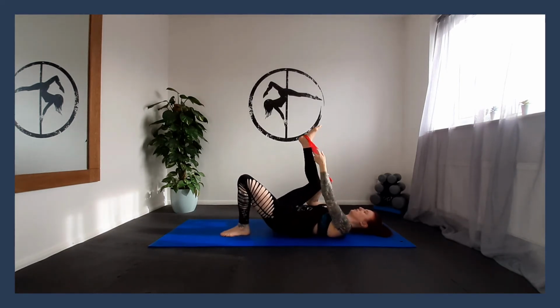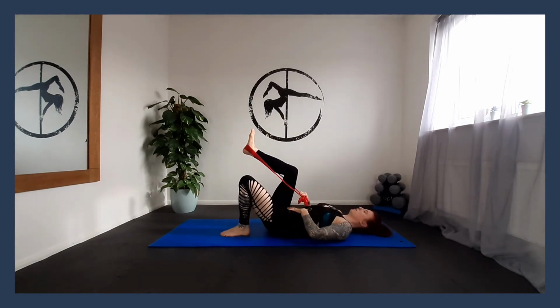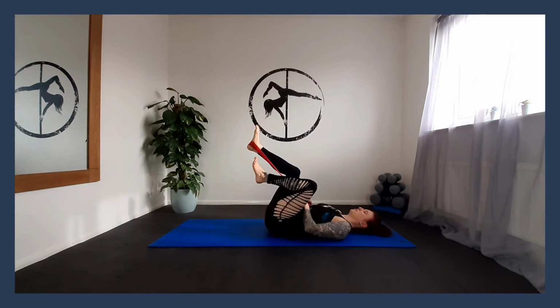So bringing that leg round, going into a position that feels comfortable for you, tucking everything under, squeezing through the lower abs. I know this is hard work, there's always so much to think about, but I promise you it will pay off when it transfers onto the pole. So we're going to bring the knee into the chest, and we're going to straighten for